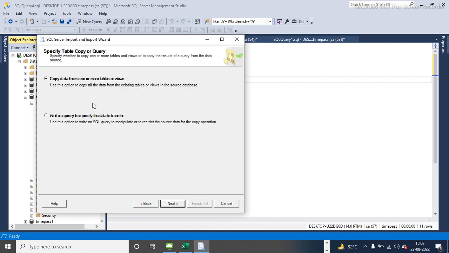Okay, copy data from one or more tables or views. Keep this selection, or you can select another, write a query to specify the data transfer. But in our concept, first is required copy data from one or more tables or views. Next,